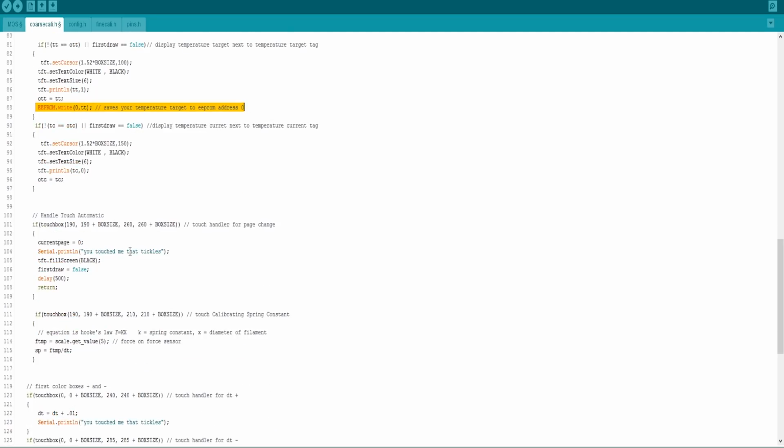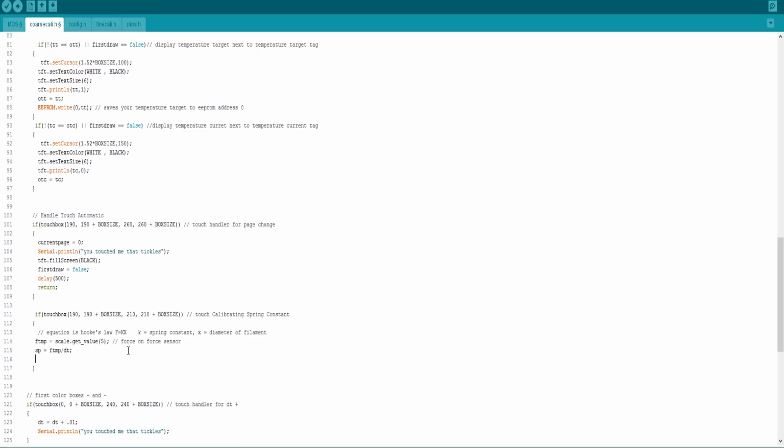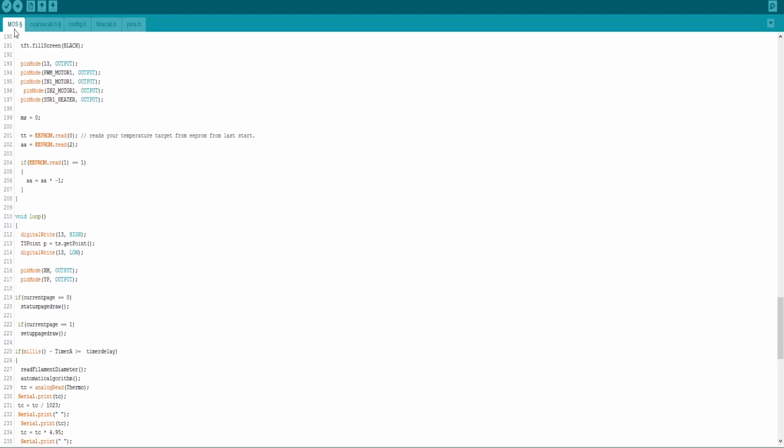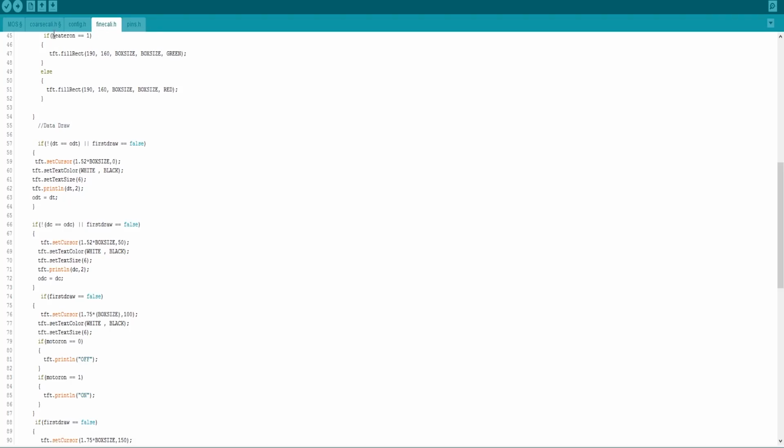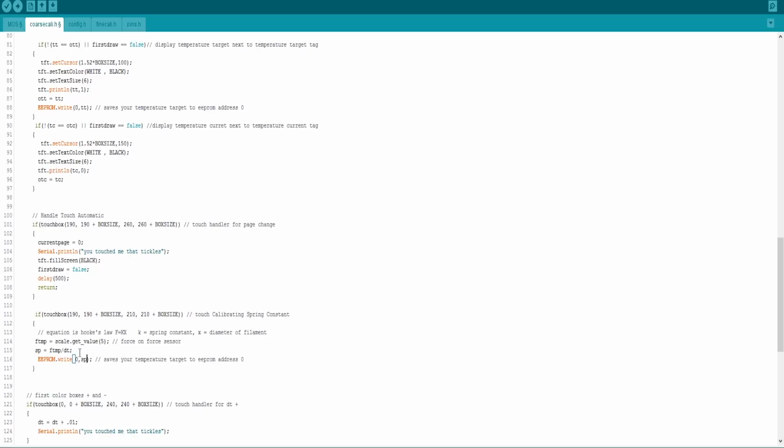Okay. So we're going to write this as well. And then I need to figure out which address I have free. So this is basically going to be address 3. Saves the spring constant